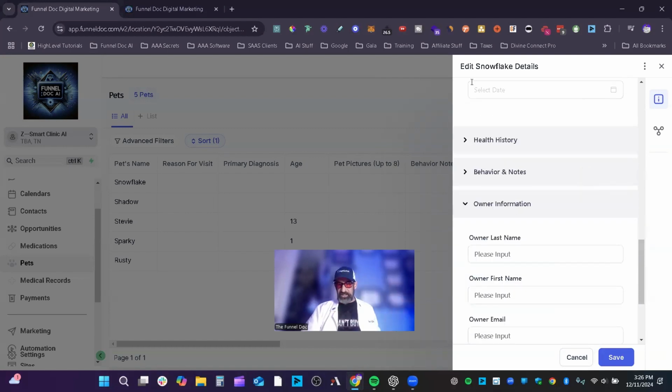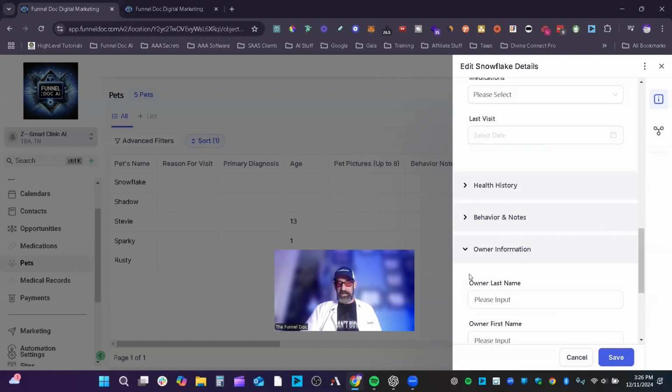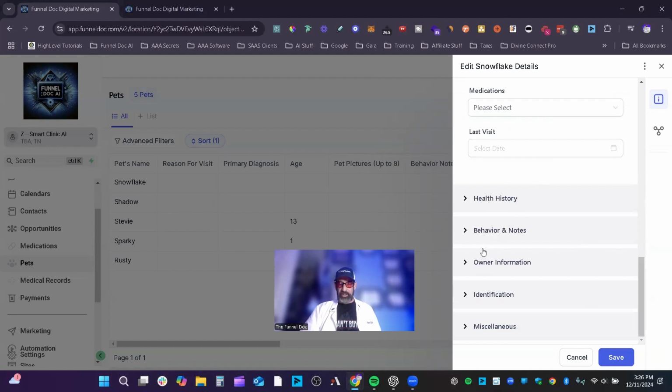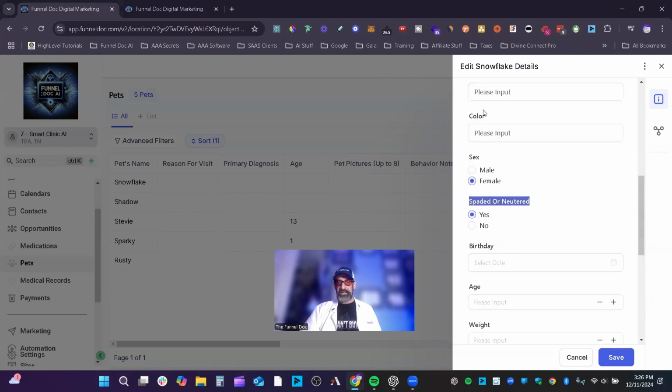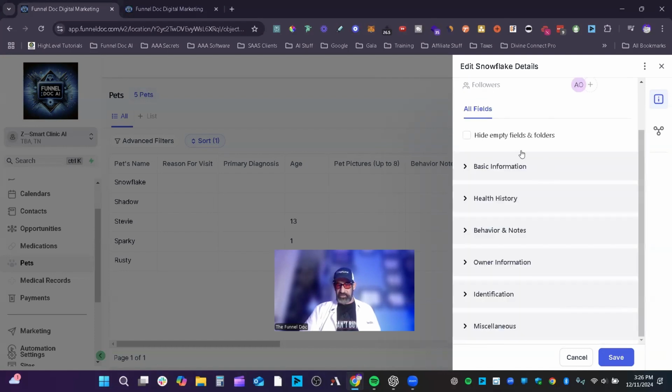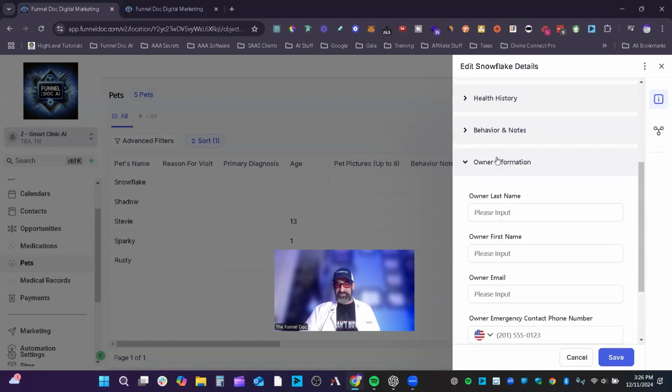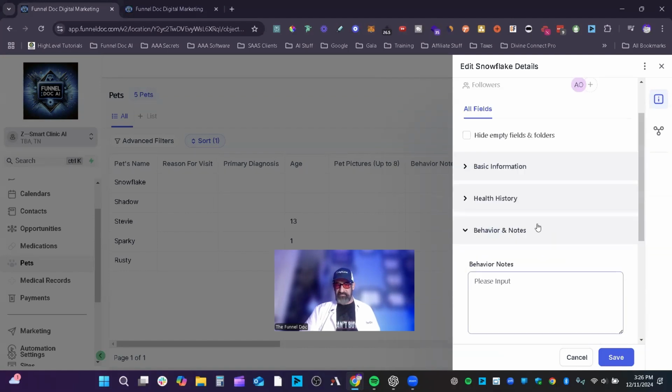So just all the information they come in. And this is why you'll see right here, this is why I said organize in folders. See how much information is in each one of these. But when it's in nice, easy to organize folders, you can look at it. Here's everything right here. I just jump in and I can hit those specific fields for those folders, behavior notes,